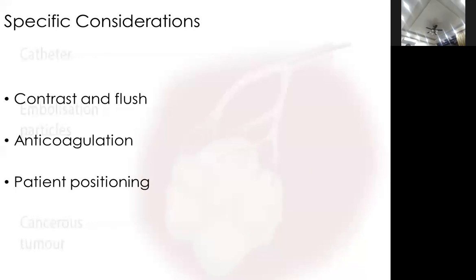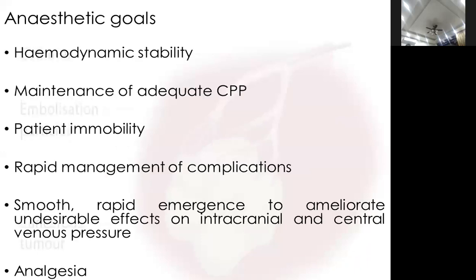And the anticoagulation, of course, because they might use between 70 and 100 international units per kilogram. This sometimes would necessitate, based on the ACT, the activated clotting time, giving protamine to reverse the effect of heparin afterwards. And patient positioning. This is extremely important because you are opposite to the patient. You have limited access to the patient in case a catastrophe would happen. So you should use longer circuits, longer tubing, longer everything in these procedures.